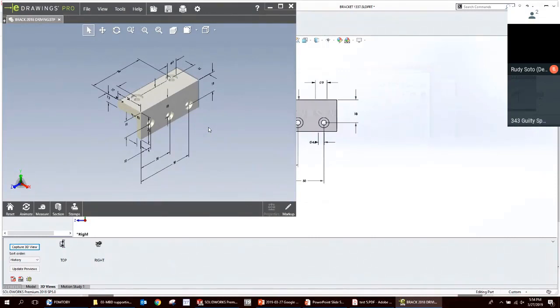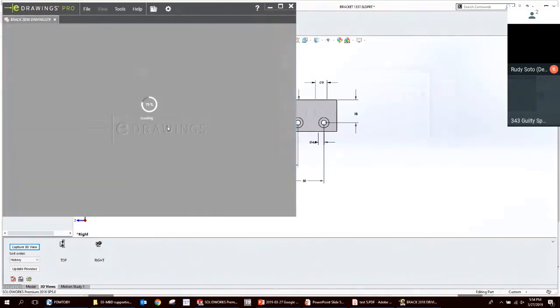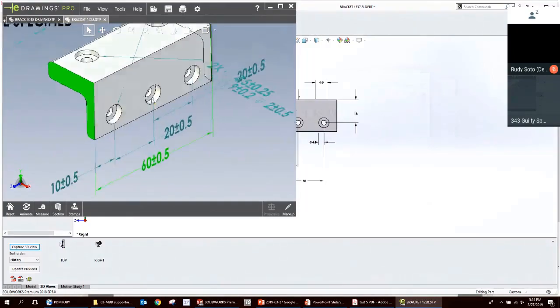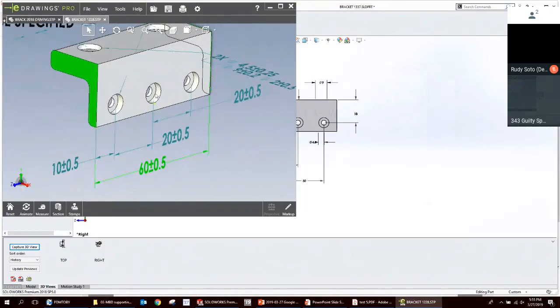So I guess the only question is, and this is why I wrote down my notebook, because when you do the actual PMI using DimXpert, part of the DimXpert tree, when you create a DimXpert location dimension or a size dimension, is that it analyzes the topology of the geometry selected. So it recognizes this is a face, that's a face.